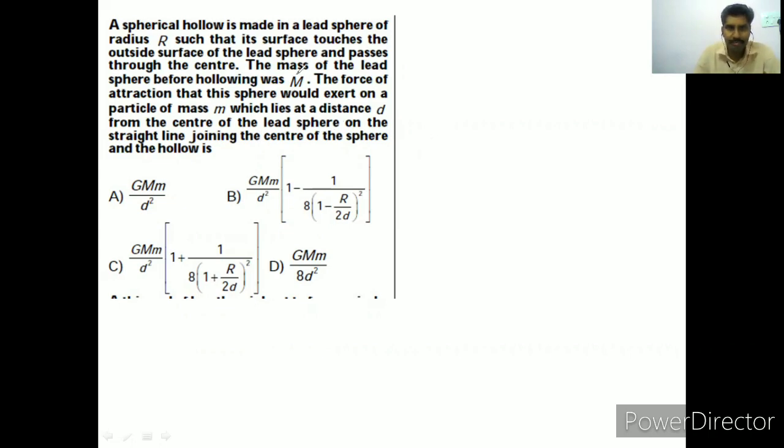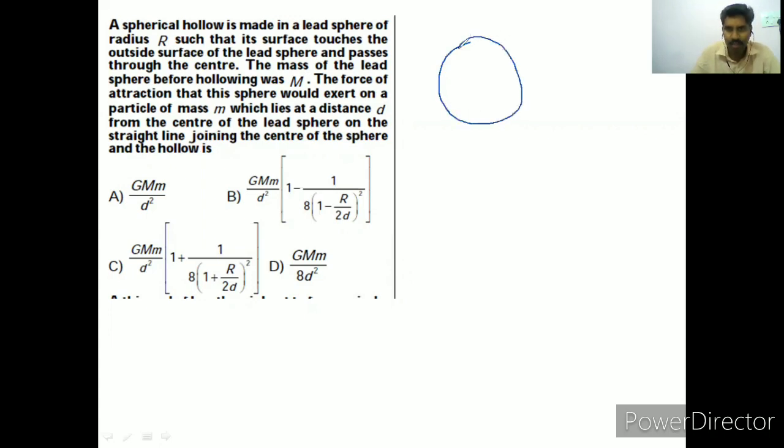A spherical hollow is made in a lead sphere of radius r such that its surface touches the outside surface of the lead sphere and passes through the center. The mass of the lead sphere before hollowing was m. The force of attraction that this sphere would exert on a particle of mass m, which lies at a distance d from the center of the lead sphere on the straight line joining the center of the sphere and the hollow is. Here, the situation is